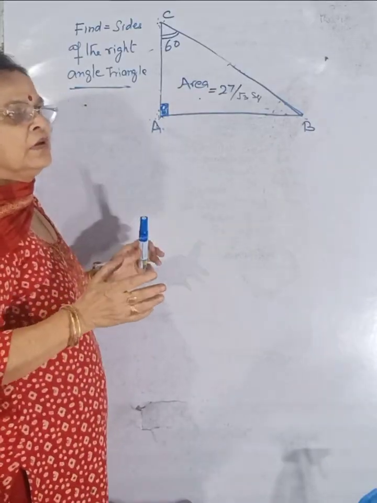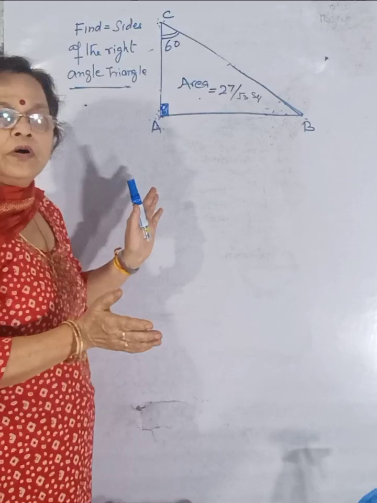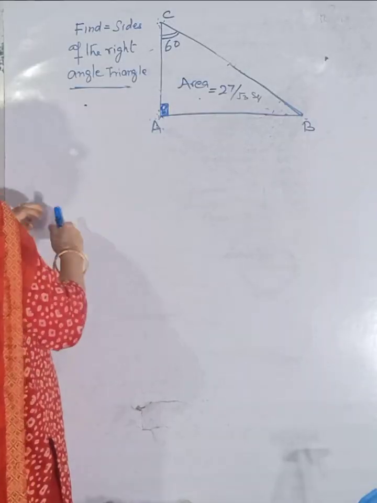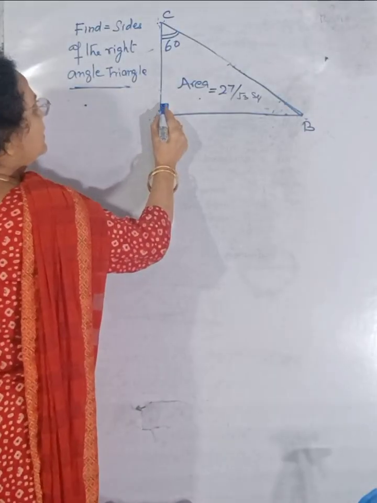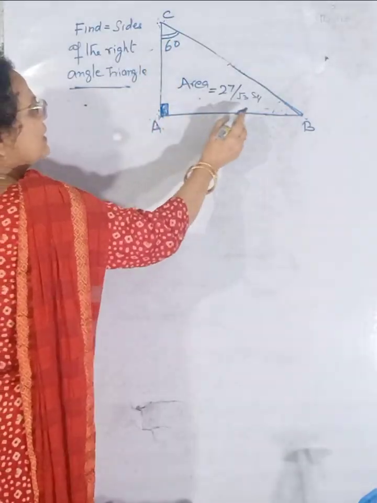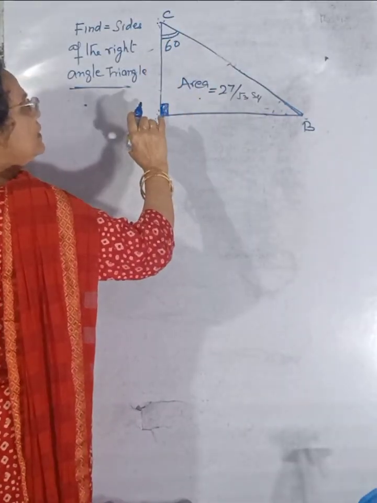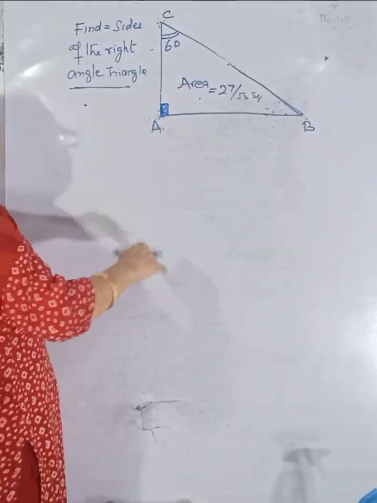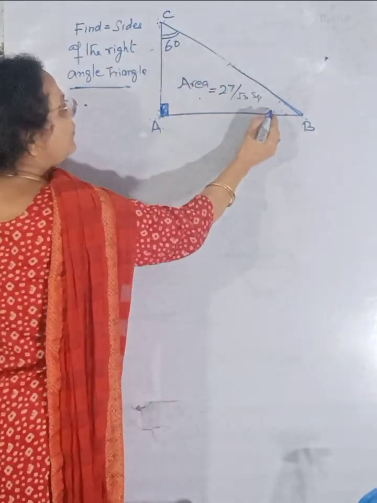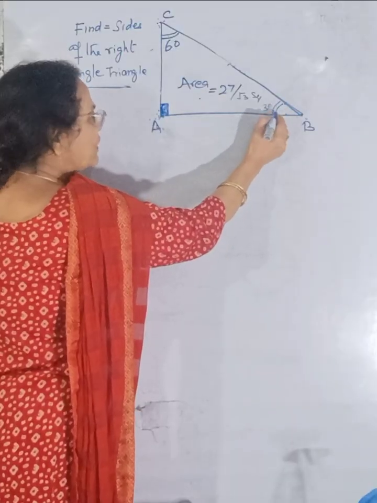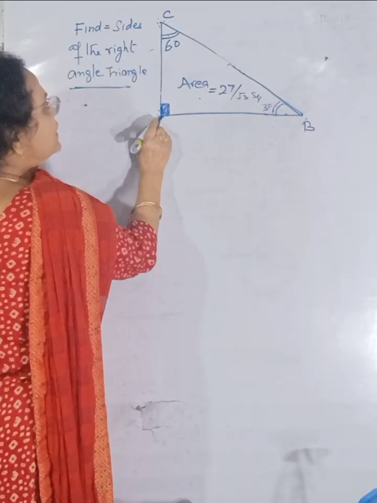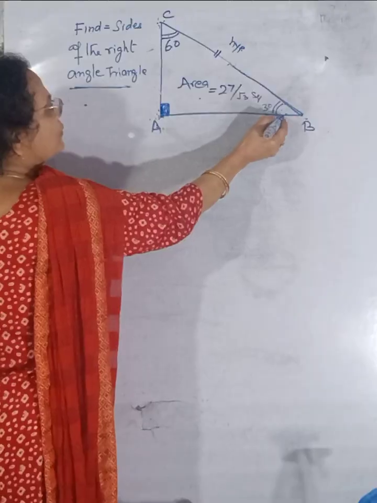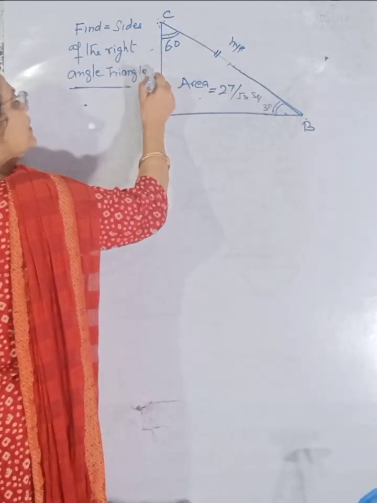Another method can be used by the rule of right angle triangles. The first rule is this: if we have a right angle triangle with the combination of angles 60, 90 and 30, then the biggest side, that is the hypotenuse, will be double the smallest one. This is 60, this is 30 and this is the smallest angle, and this is the biggest angle. In front of the biggest angle will be the biggest arm, the hypotenuse, and in front of the 30 degrees will be the smallest.